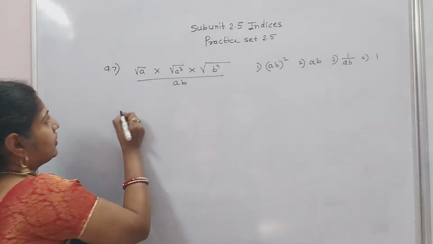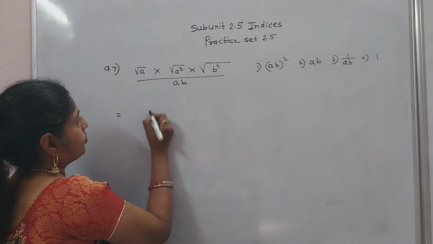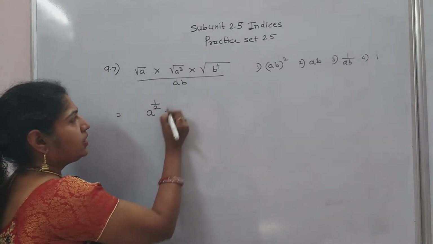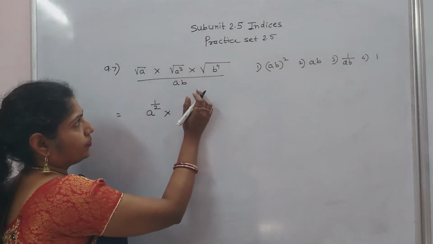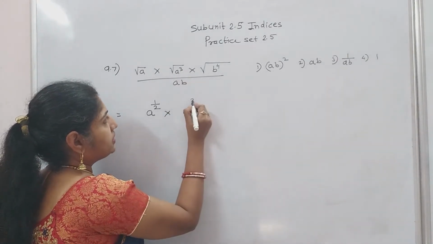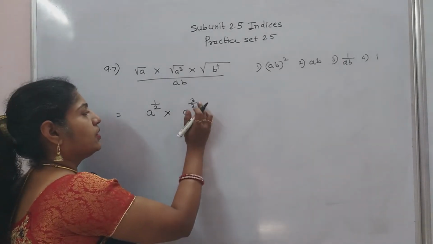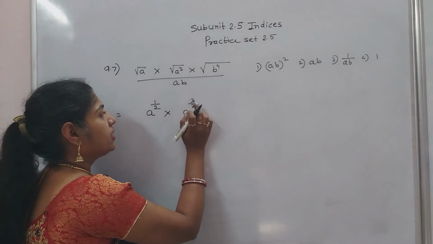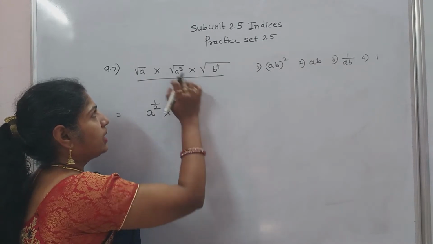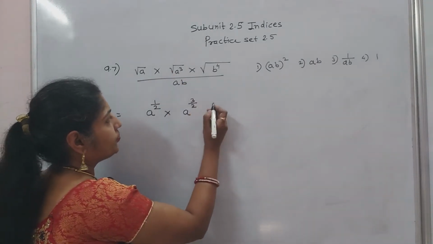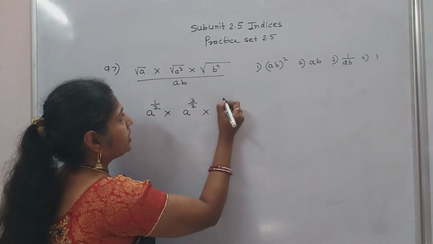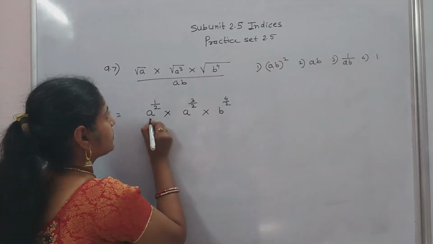Now next, square root of a. Square root we can write in index form; square root is written as 1 upon 2. Here square root of a cube is a raised to 3 upon 2. The denominator is the root and the numerator is the power. A raised to 3 power, and square root, that is denominator 2, into b raised to 4. Power is 4, but it is a square root, so b raised to 4 upon 2, upon ab.